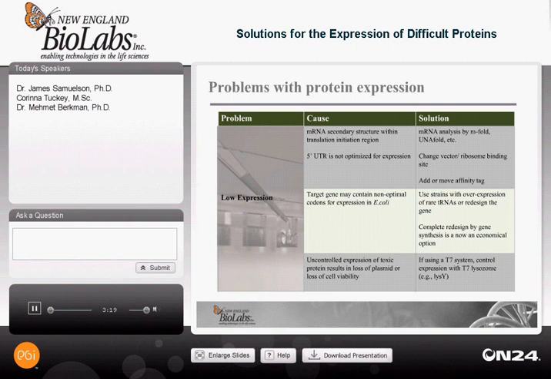Finally, low expression may be due to uncontrolled expression of toxic protein during the culture outgrowth phase. This can result in loss of cell viability or loss of the expression plasmid. Maintenance of the expression plasmid should always be checked by plating cells at the point of induction on drug selection plates versus non-drug plates. Then if the number of colonies on the drug plate is less than 50% of the number on the non-drug plate, then steps need to be taken to stabilize the host vector system. If you're using a T7 system, by far the best way to control basal expression is by adding T7 lysozyme, since T7 lysozyme is a natural inhibitor of T7 RNA polymerase activity.